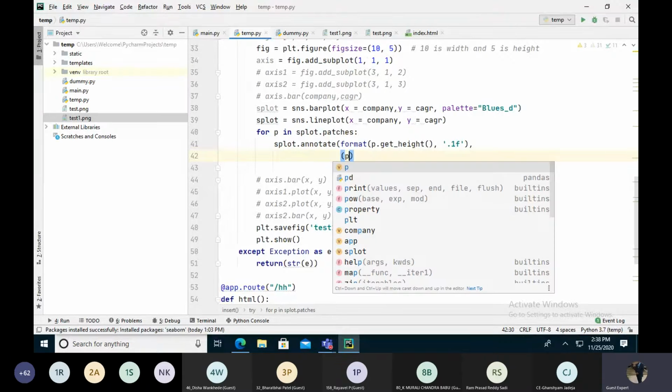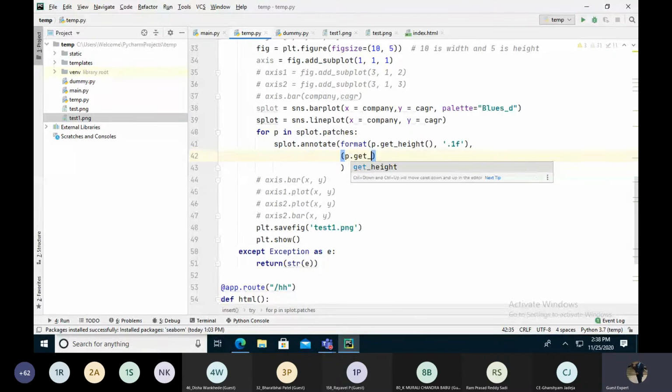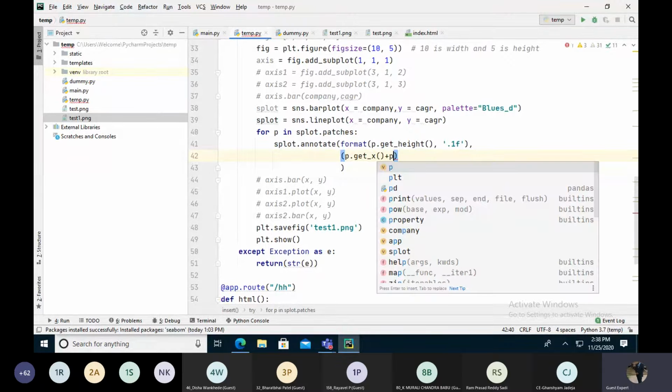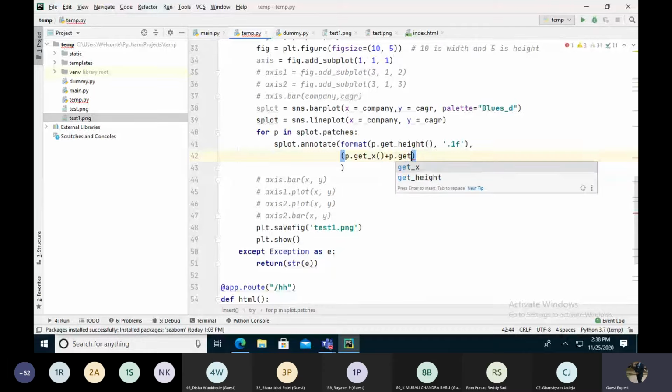p.get_x, which is our x coordinate, plus p.get_width, and this is the width of the bar, the thickness of the bar. That's going to be divided by 2.